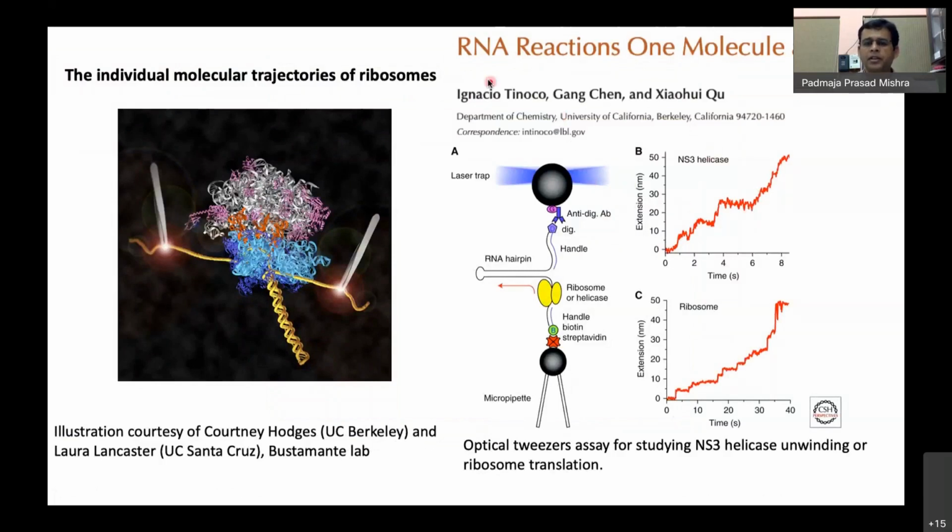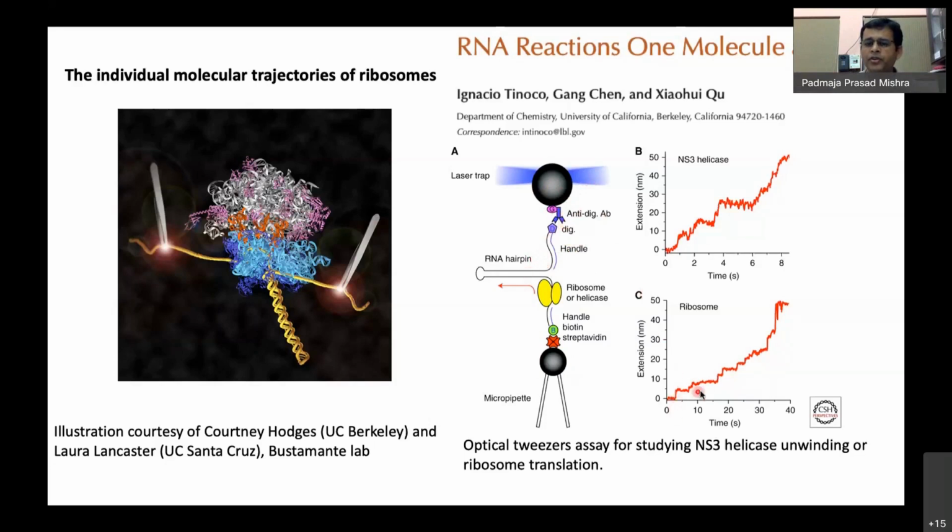This article describes RNA reactions one molecule at a time. If you take an RNA, you can put two beads at the two ends of the RNA, and there is a ribosome on the RNA. Without even giving ATP or any other components required for RNA function and ribosome function, you can just start exerting force on one side of the RNA, so that you start seeing the RNA unfolding gradually, and how many nucleotides are unfolding